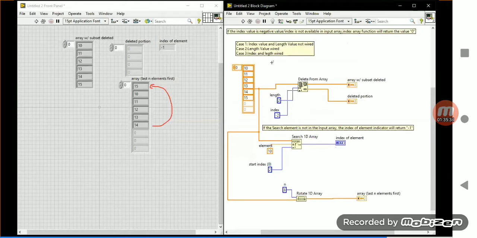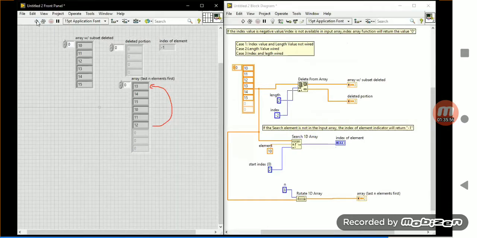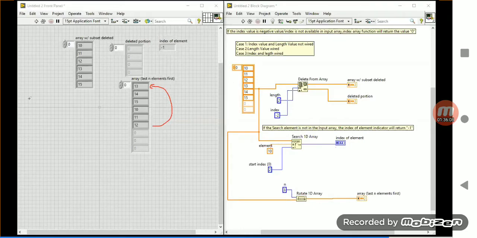Now two options will be available. 12 is coming twice, so therefore that answer cannot be right. The answer will be 13, 14, 15, 10, 11, 12 or 15, 14, 13, 10, 11, 12. I think the answer is going to be 13, 14, 15, 10, 11, 12 only you will get. So that is the answer. Here it rotated only 2 times. Yes, correct, this is the correct answer.